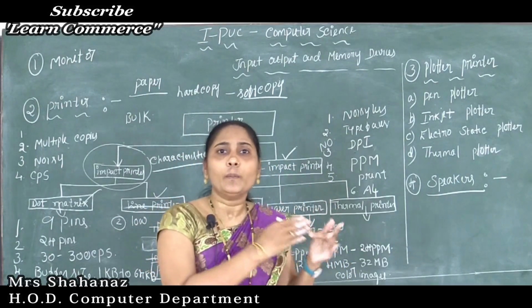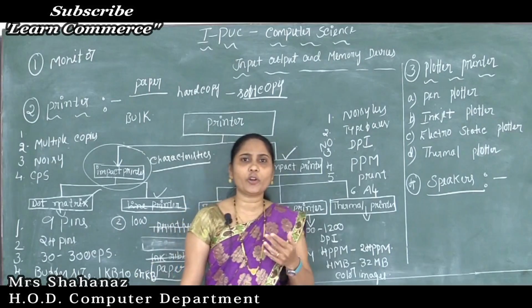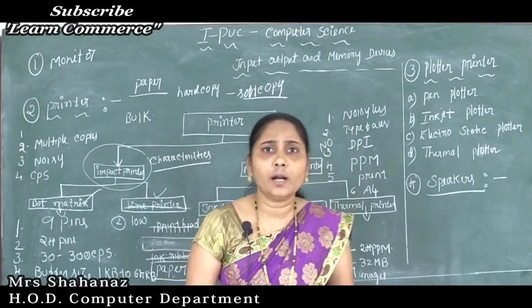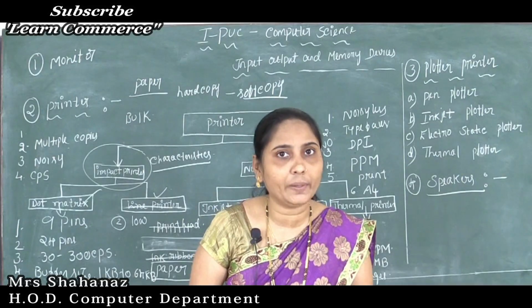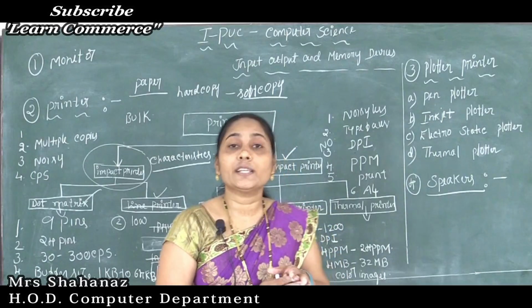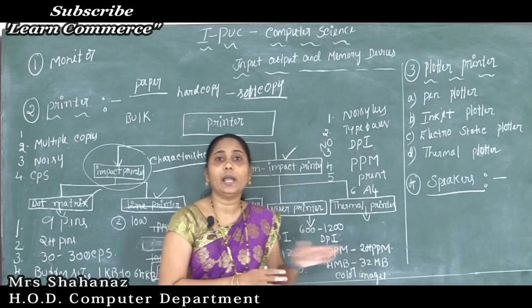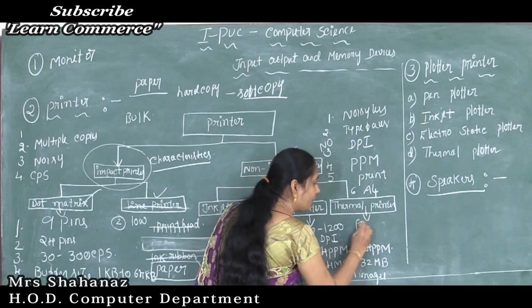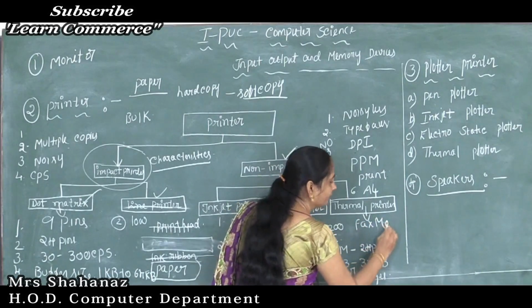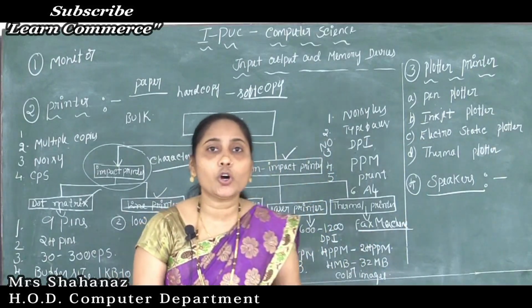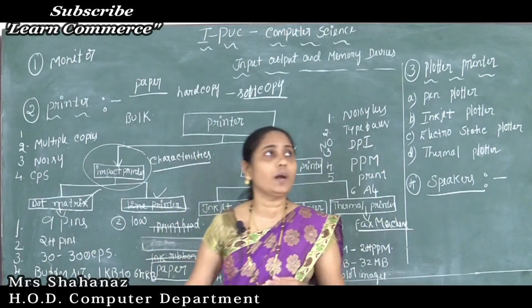And why are we using it? Not for simple images, not for any kind of document printed by a thermal printer. Here we can say that a thermal printer is specially used to print calculator information and also fax machine information. Clear this point here? So this is all the information about our printer.